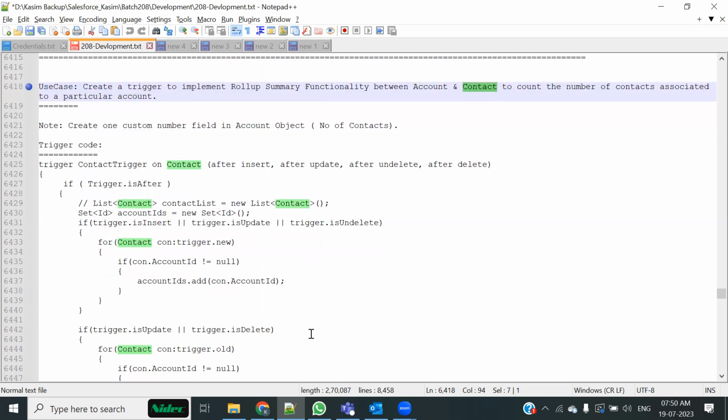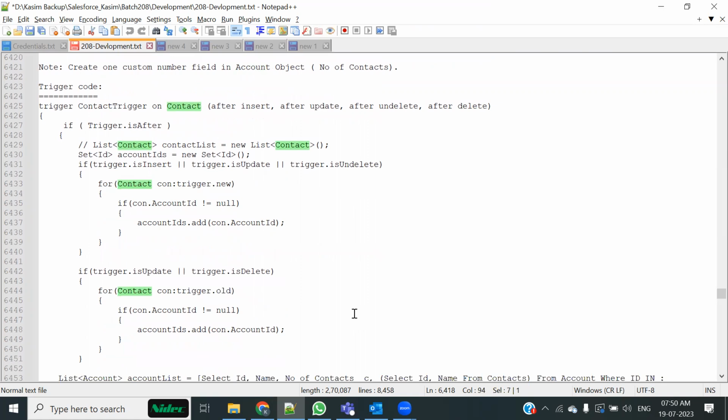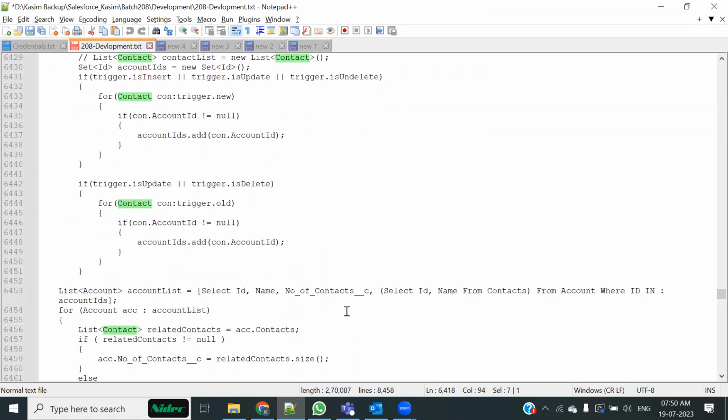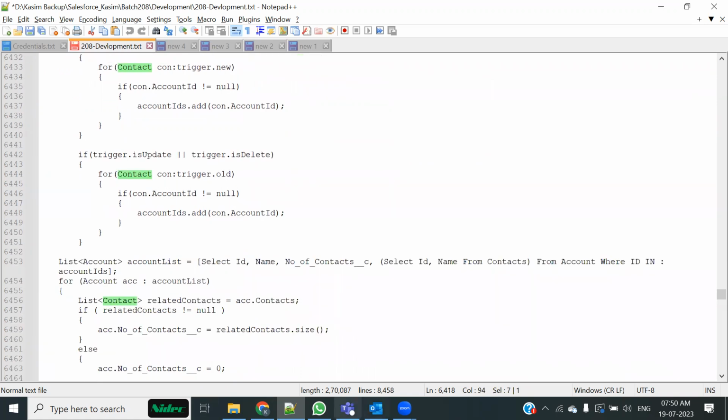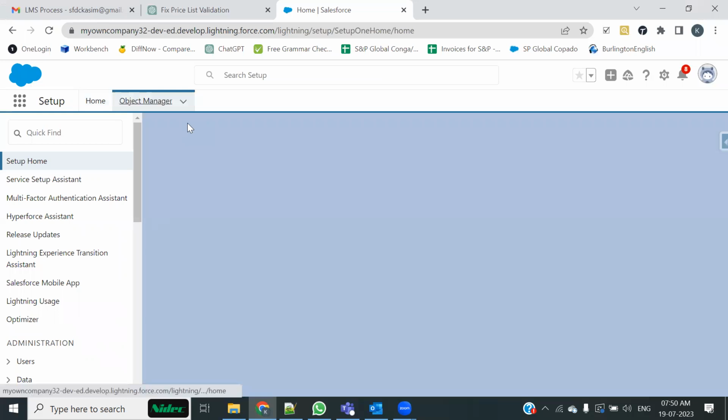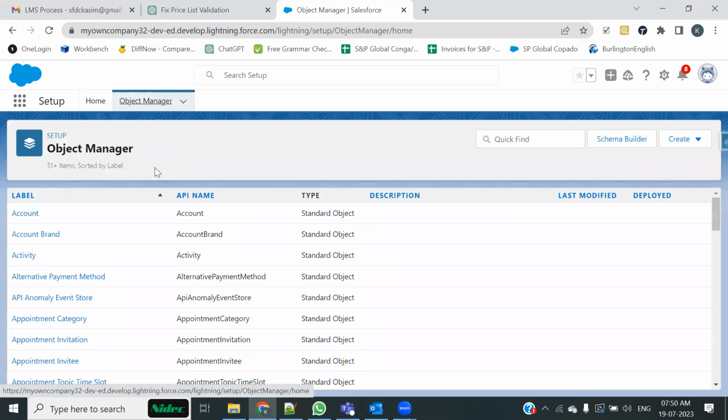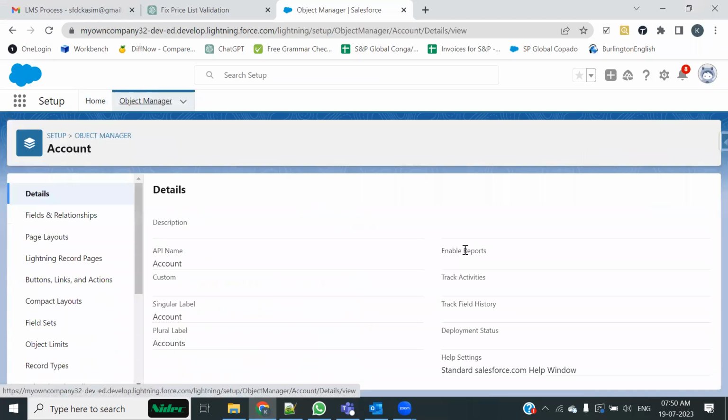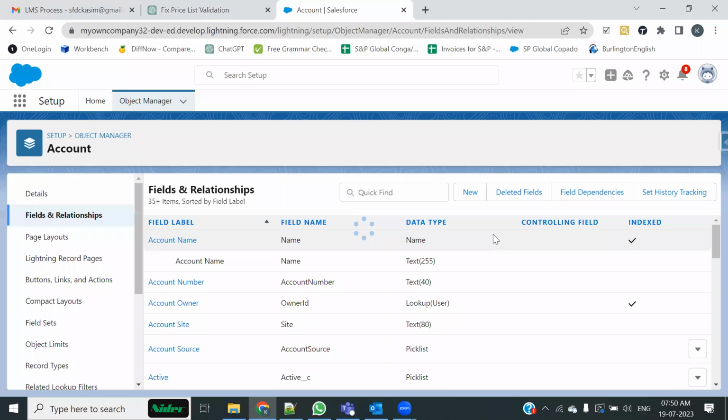So what I'm going to do is create a field. I don't have any such field called number of contacts presently inside account. So I'll do one thing. I would first of all go to the object manager. All right, I'll go to the account, and inside the account,